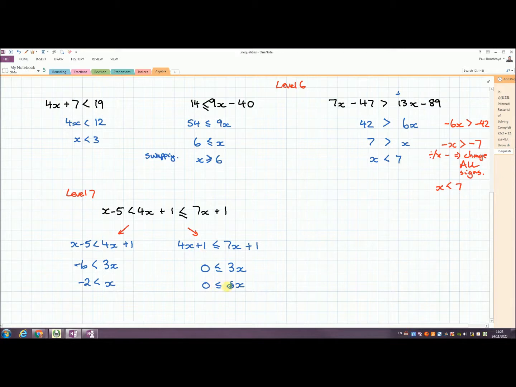True. 3x, 0. X is bigger than 0. So that looks like it consolidates down to a